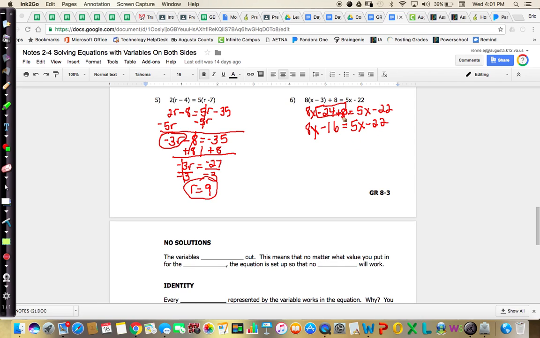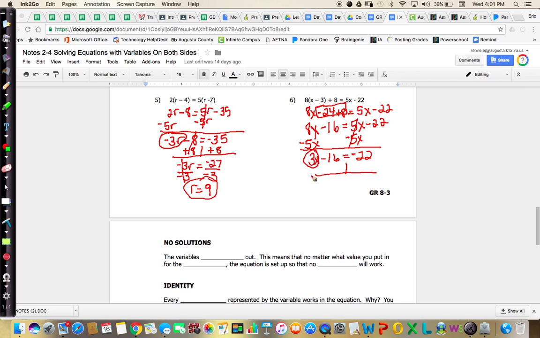Now I'm going to move this so that I can go back to keeping with the positive x's. And 5x minus 5x is 0. 8x minus 5x is 3x minus 16 equals, now remember, minus 22, I'm going to bring it down as negative 22. Circle the variable